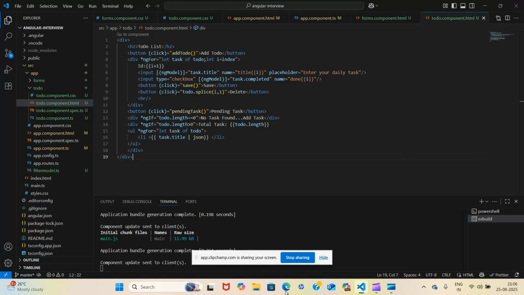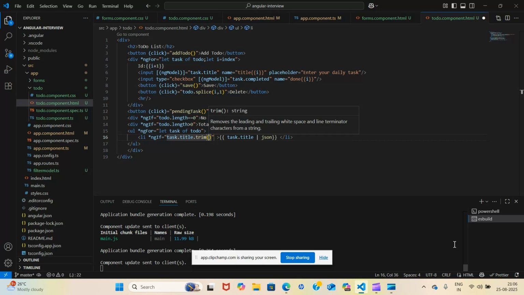So what we can do is in this li we can add one ngIf condition, and we can say task dot title dot trim. Trim is basically used to remove the empty spaces from the start and end. Okay, you can read it from here also. So this should not be equal to this, right? If it is not equal to empty, then print it.